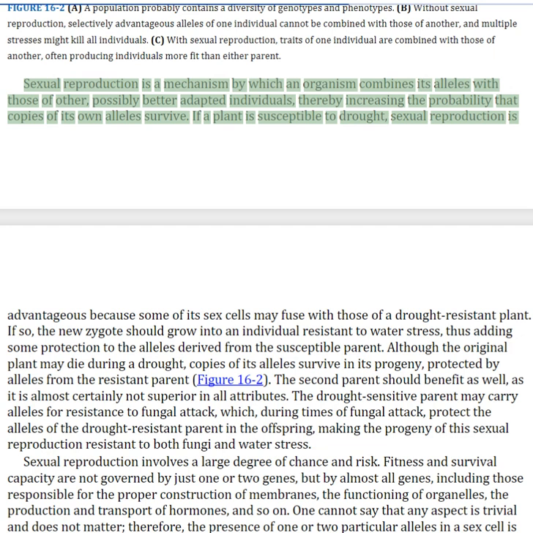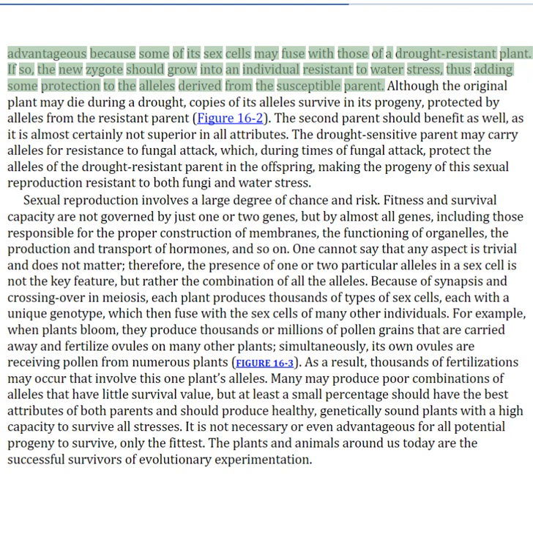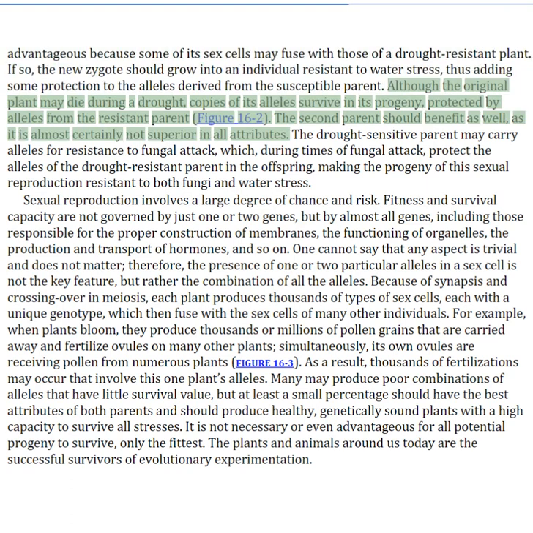If a plant is susceptible to drought, sexual reproduction is advantageous because some of its sex cells may fuse with those of a drought-resistant plant. If so, the new zygote should grow into an individual resistant to water stress, thus adding some protection to the alleles derived from the susceptible parent. Although the original plant may die during a drought, copies of its alleles survive in its progeny, protected by alleles